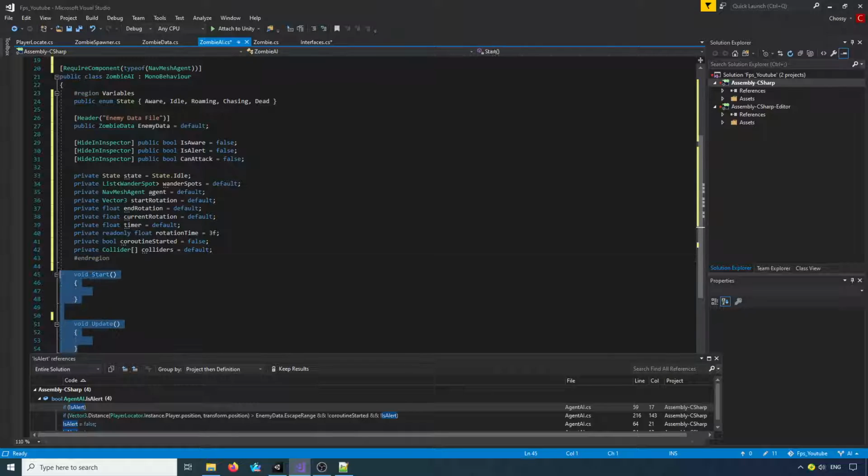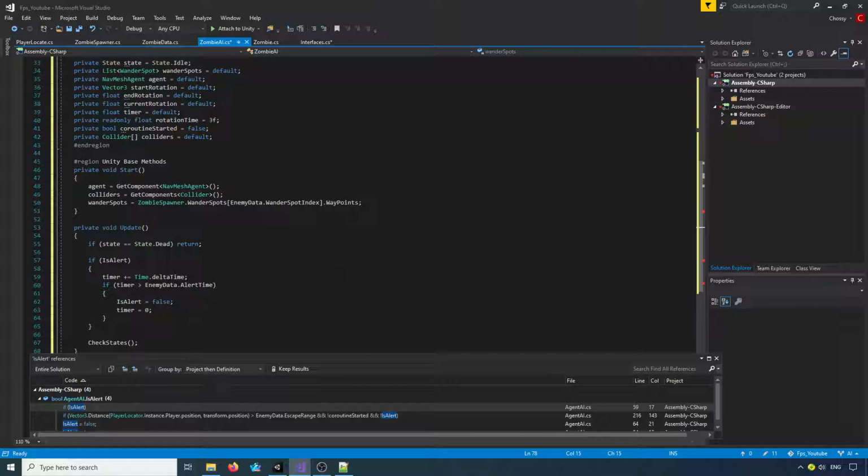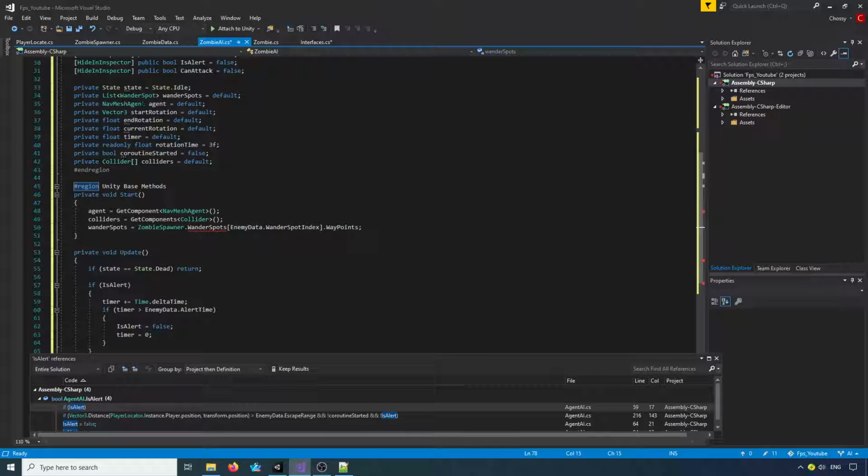Okay, I'm going to delete these because they annoy me and I like stuff in regions. So let's do our start and update methods. Okie doke, so these are our Unity based methods. Okay, so we've got our navmesh agent here, so we're going to get the component navmesh agent. We've got a collider array which is going to get components, collider,